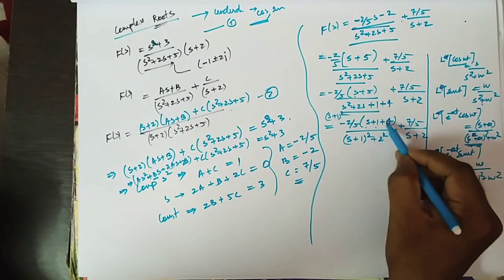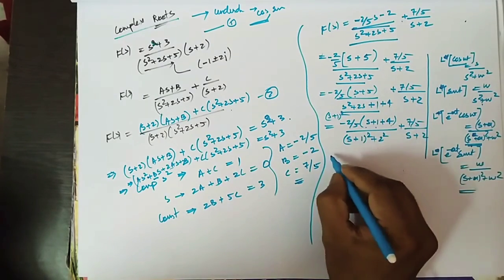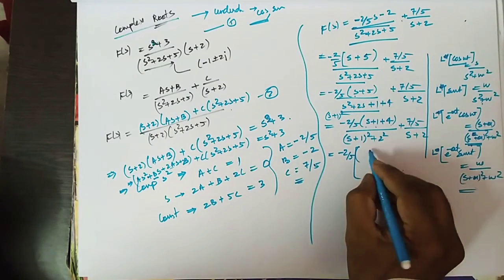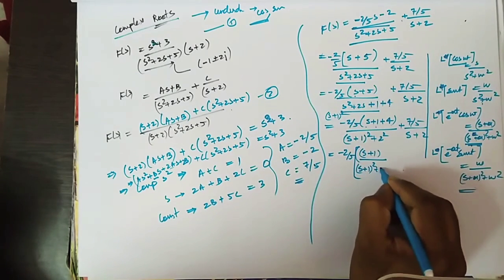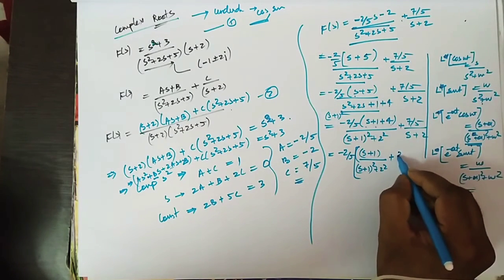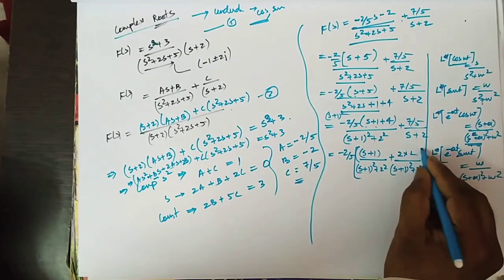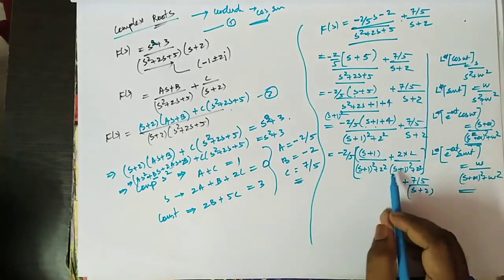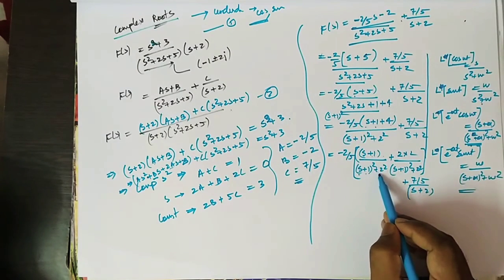So now separate these things. Minus 2 by 5, (s plus 1) by (s plus 1) whole square plus 2 square, plus 4 can be represented as 2 into 2 by (s plus 1) whole square plus 2 square, plus 7 by 5 (s plus 2). Now compare these things: s plus 1 by (s plus 1) whole square plus 2 square, and again